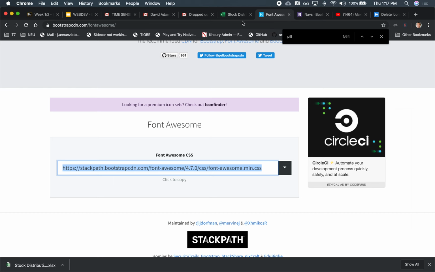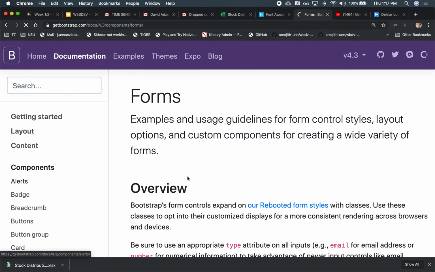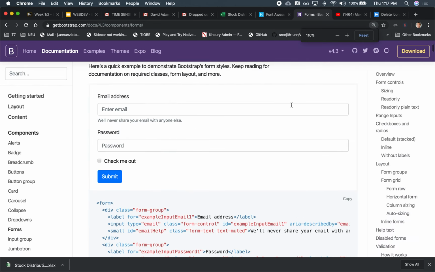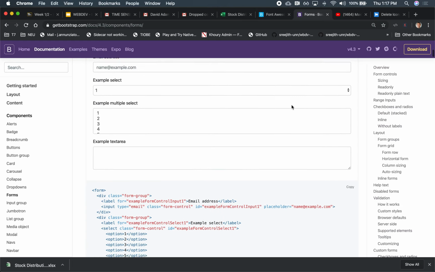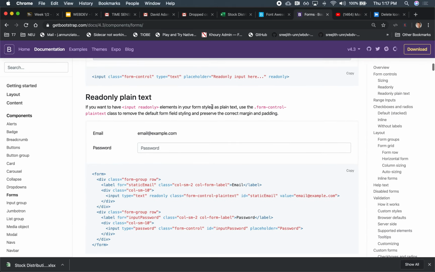Let's see, Bootstrap. If you look for forms, it'll give you just a plain old form. But these forms are responsive. So let's look at the responsive form here for a second. A responsive form might render horizontally when it has enough space, like this one might put the labels on the left-hand side, and the controls on the right-hand side. But when the screen starts to become smaller,